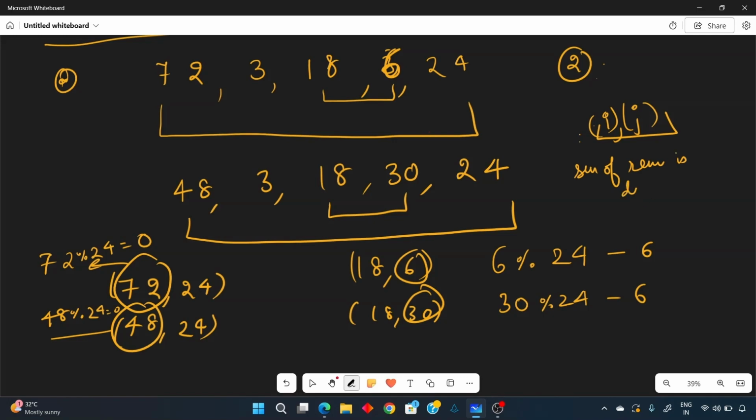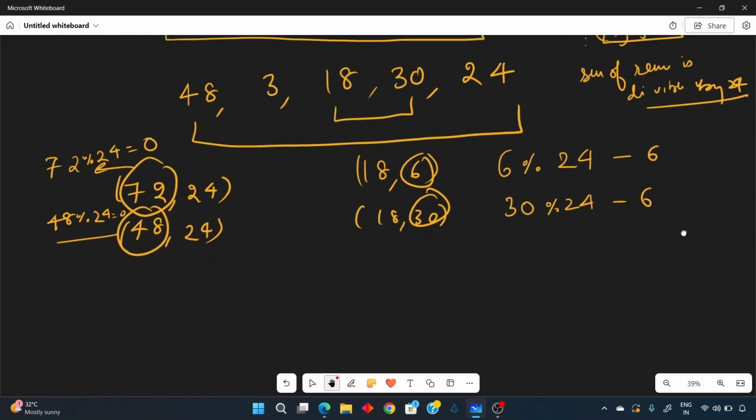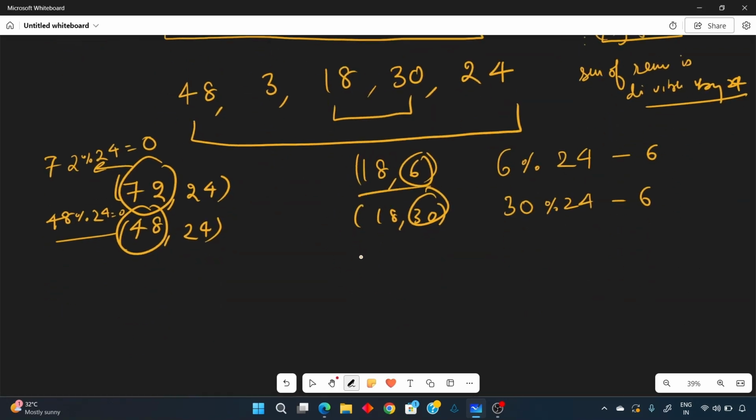is divisible by 24, or you can take an example in both cases. Here 18 and 6: 18 is the remainder when you divide by 24, and 6 is the remainder when you divide by 24. So remainders for both 18 and 6 are as they are, 18 and 6. Now when you divide the sum by 24, the remainder is 0,